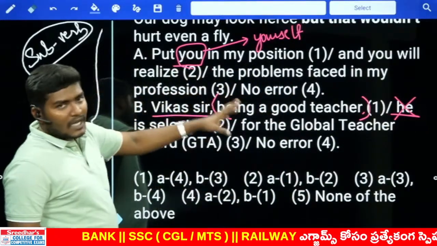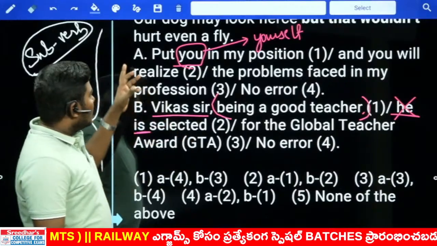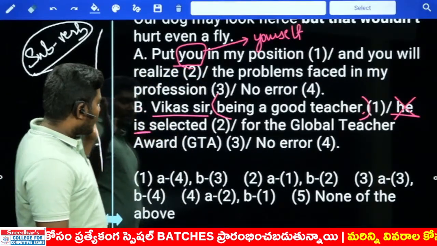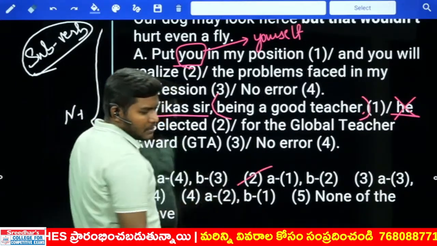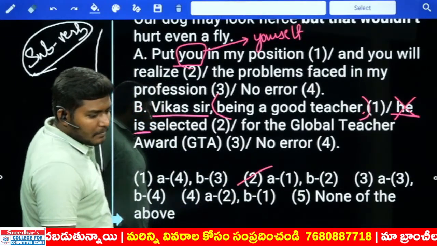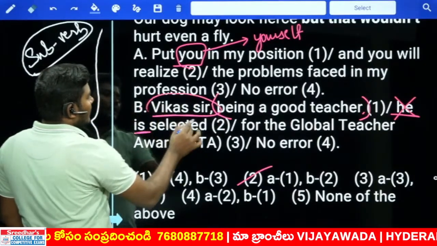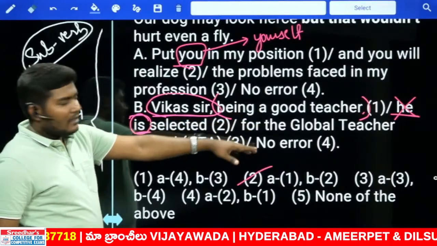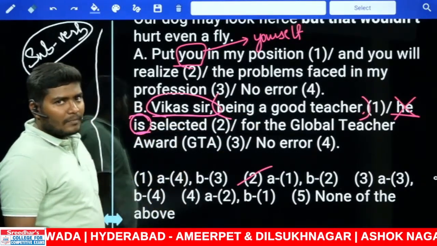So, the three combinations are repetition of pronouns, pronoun mistakes. In A, we have the error in the first one. In B, we have the error in the second one. Now, A1, B2. Where is that? That comes with the second option. Simple. Very good. The subject of the statement is Vikas sir, the verb of the statement is "is." We cannot repeat the word "he" again. So the middle part in the bracket speaks about additional information about the sir.